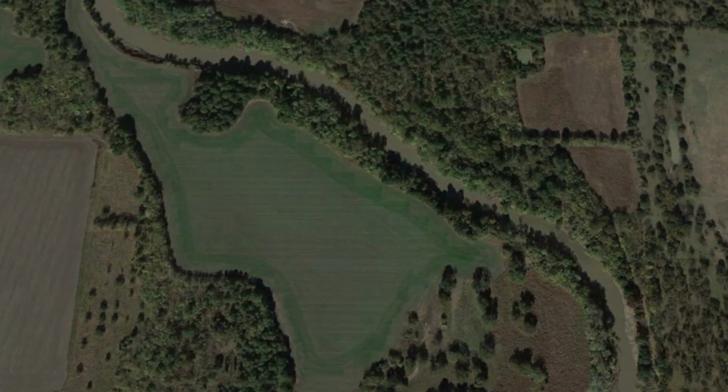Yep. You want to move on now to the next thing, where really when I look at a map, it's just things that jump out to me. That's where I go to. So you want to kind of just move on to that next thing that jumped out to you there real quick? Yep. So this is, I thought Oklahoma's kind of unique just looking at this map, because it's kind of a mix of the river bottoms that we hunt here in Nebraska, and then kind of a mix of land in Kansas too. But one thing that you always look for in these Midwestern areas is these little